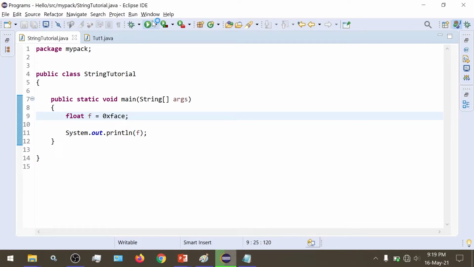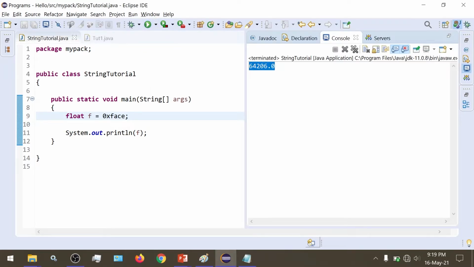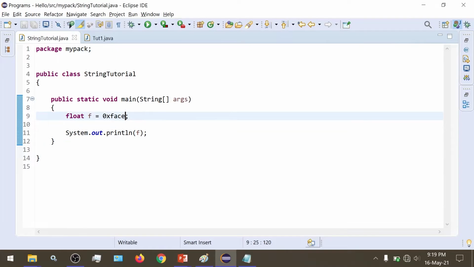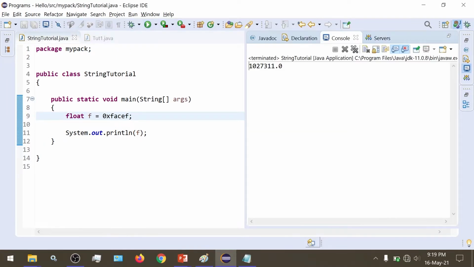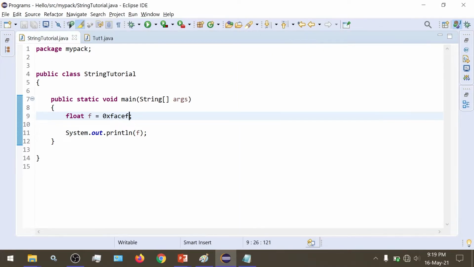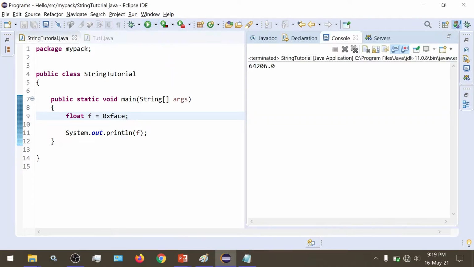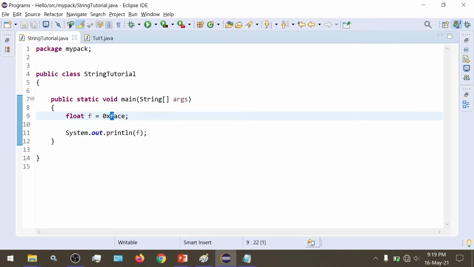So even if I remove this, just now we saw that adding this f here changed the value. It changed the value because it didn't consider this as a type float, but it considered it as a different number, because in hexadecimal f has a value, and adding f here won't make it float.